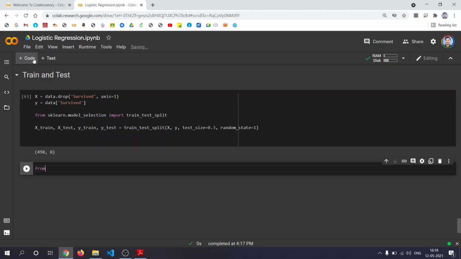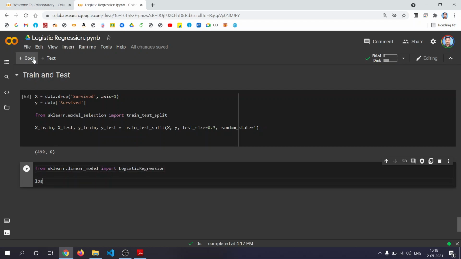So from sklearn.linear_model, import LogisticRegression, then you create a log model equal to your logistic regression function, then you fit your data.